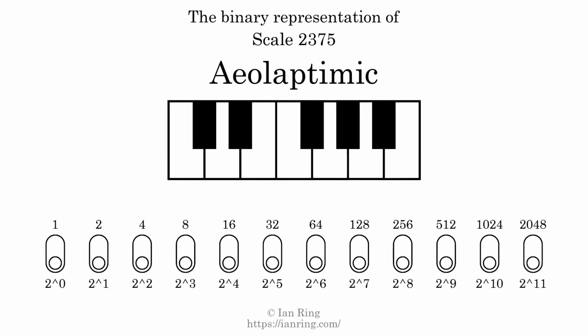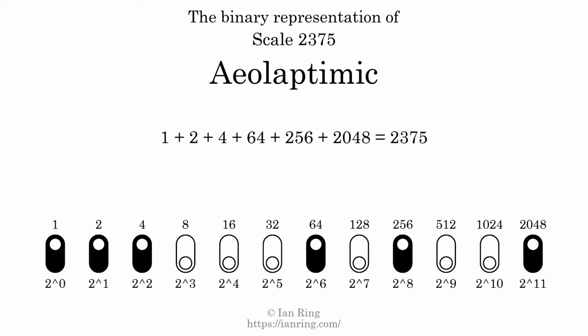The binary representation of this scale is determined by mapping tones of the scale to binary digits. Each binary digit represents a power of 2. To get the scale number, we add the powers of 2 together. The powers of 2 that are present in the scale, all added together, equals 2375. That is why the scale number, in decimal, is